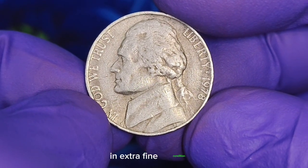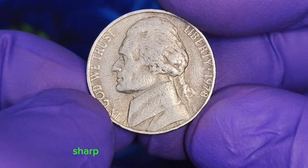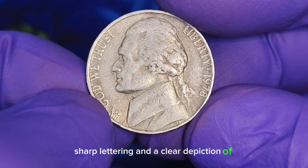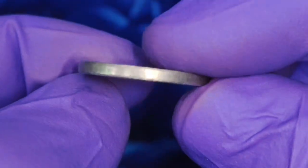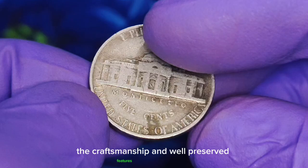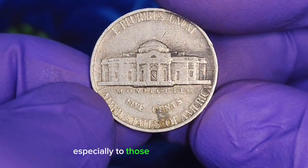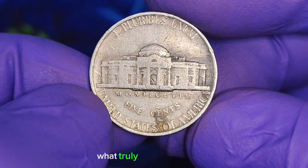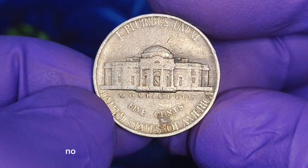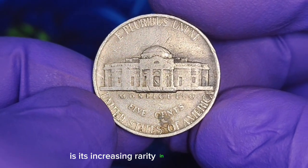In extra fine condition, this coin reveals striking details in Jefferson's hair, sharp lettering, and a clear depiction of Monticello on the reverse, making it a standout in any collection. The craftsmanship and well-preserved features of these coins make them incredibly appealing, especially to those who value crisp and detailed designs. What truly elevates the 1978 no-mint mark Jefferson nickel to a collector's treasure is its increasing rarity in pristine